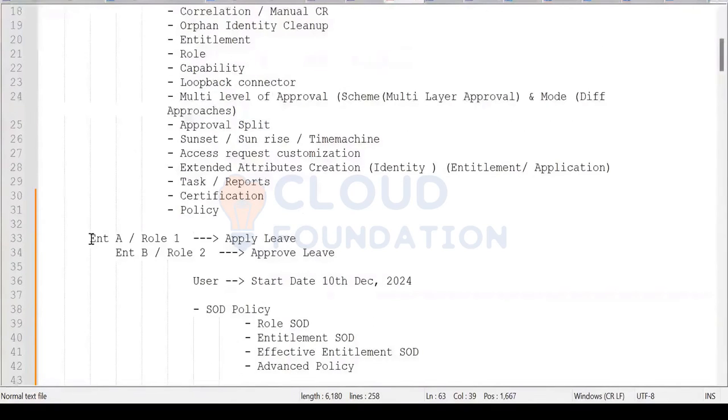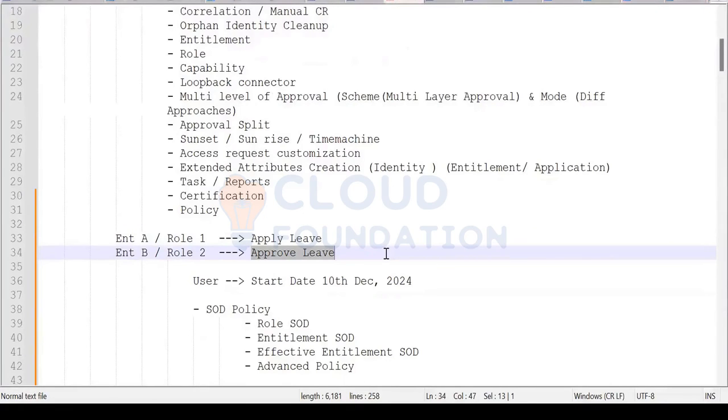Let's say we have two entitlements, entitlement A and entitlement B. Entitlement A will allow all the users to apply leave, and entitlement B will allow the user to approve leave, which means normal users are supposed to have entitlement A. On the other end, their manager should have entitlement B, so the user can apply and their manager can approve.